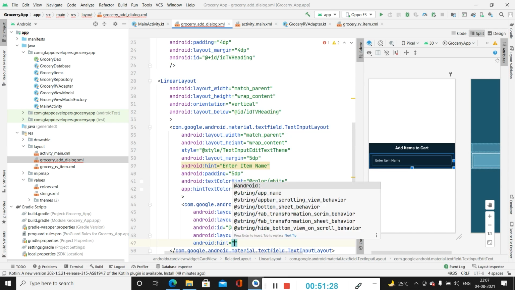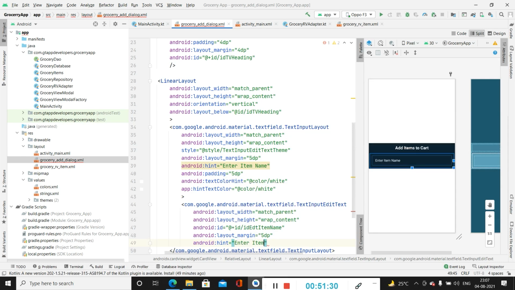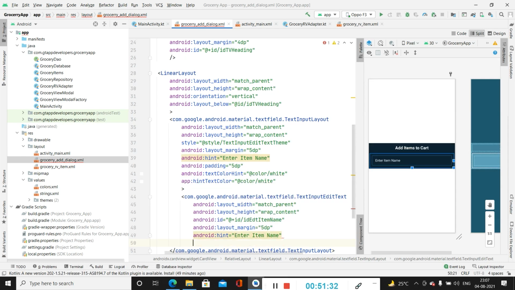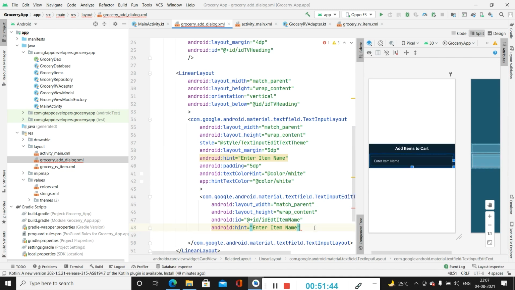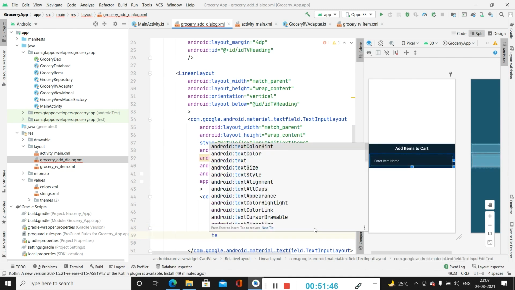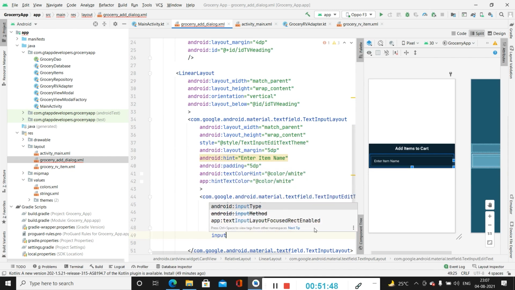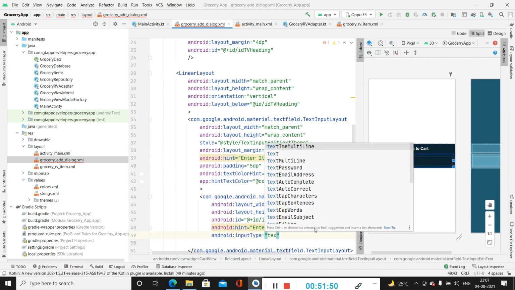Then hint will be enter item name. After that we will be adding the text size here. We will be not adding margin as we have already added in the above, so we will be removing this. Then here we will be adding input type as simple text.